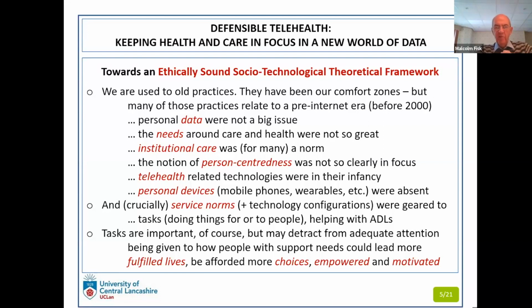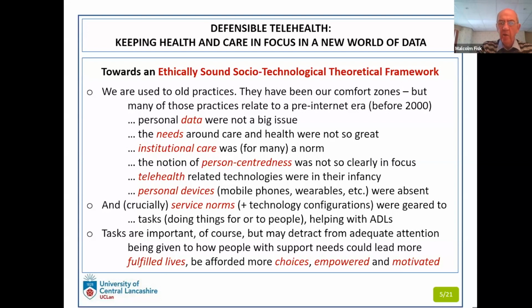I think Kate referred to this, and personal devices were largely absent. So things have changed really, really dramatically. And we have to say that service norms and technology configurations were geared to tasks, doing things to people and helping with their activities of daily living, and without giving enough attention to the way that people's lives could be enhanced and people could be motivated by having access to and using some of the new technologies